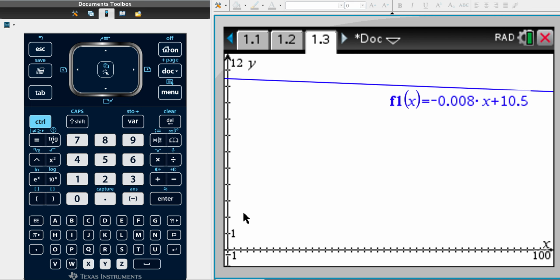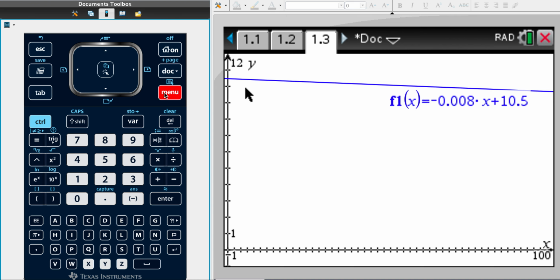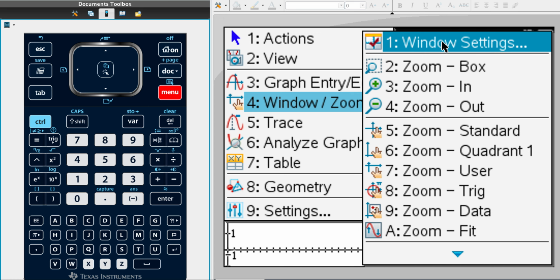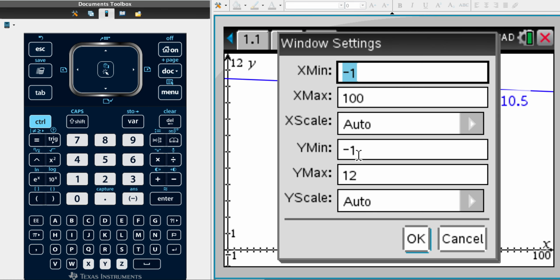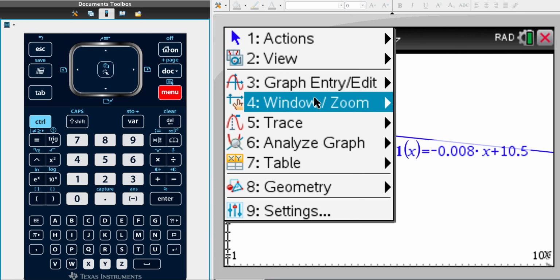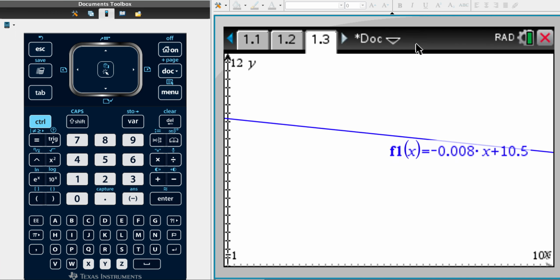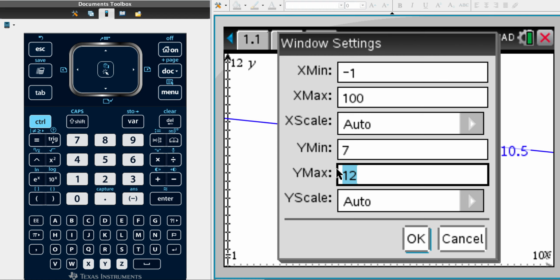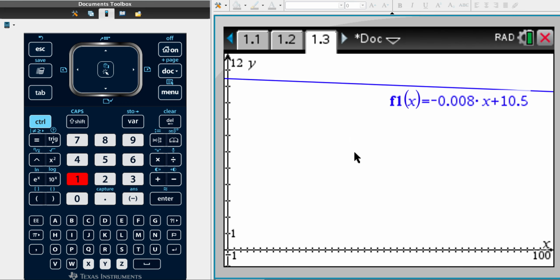It might be that you decide you don't really need this bottom part because we're only going up to 9, in which case we could go back into that and change the y-axis minimum to be about 7. And then we're only looking at that top part, so you get to see a bit more detail. But because that graph then disappears, I think it's nicer to have it set on the first setting, which is -1. Because now you can still see that axis, which is better for your labeling in your